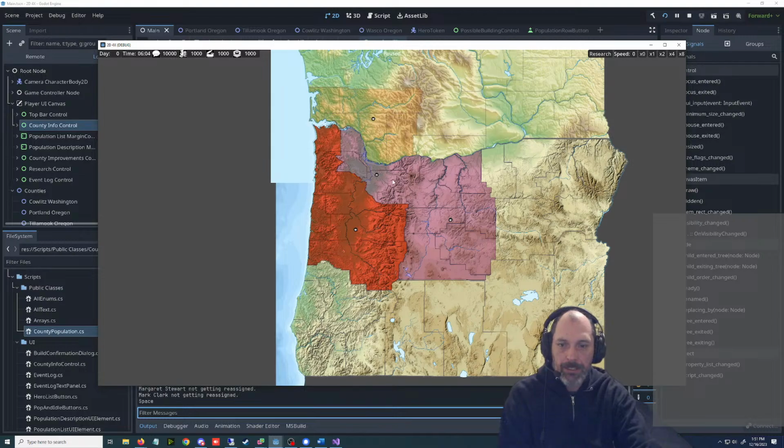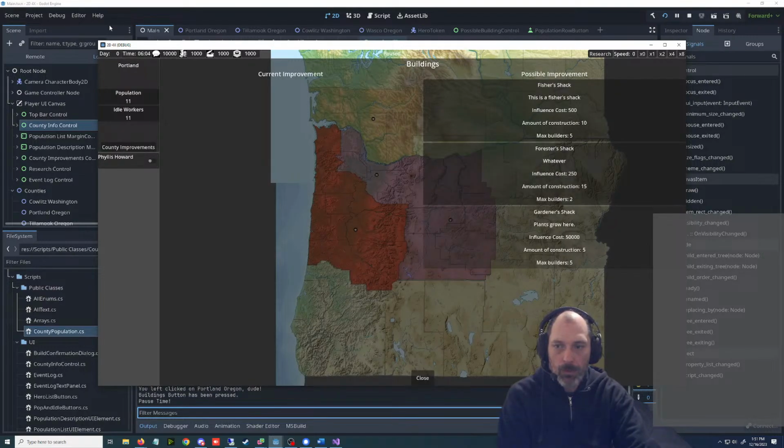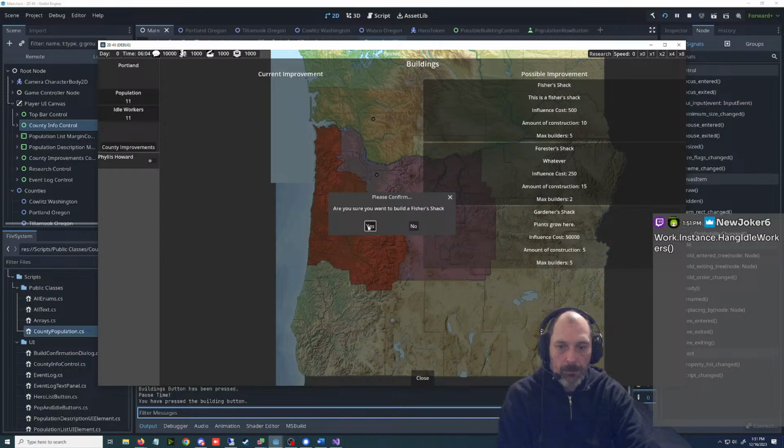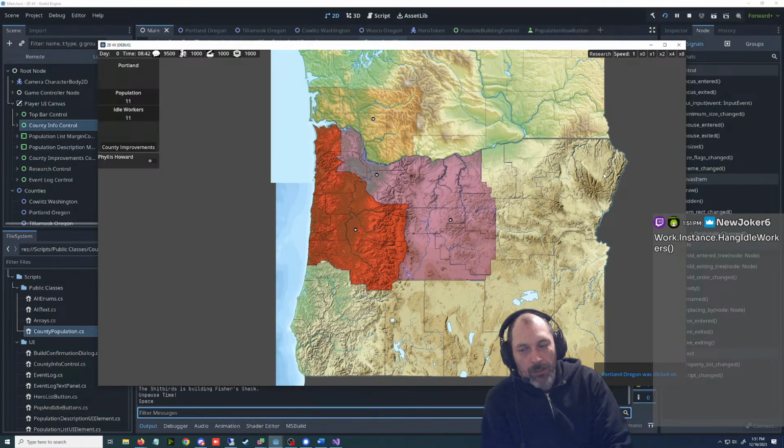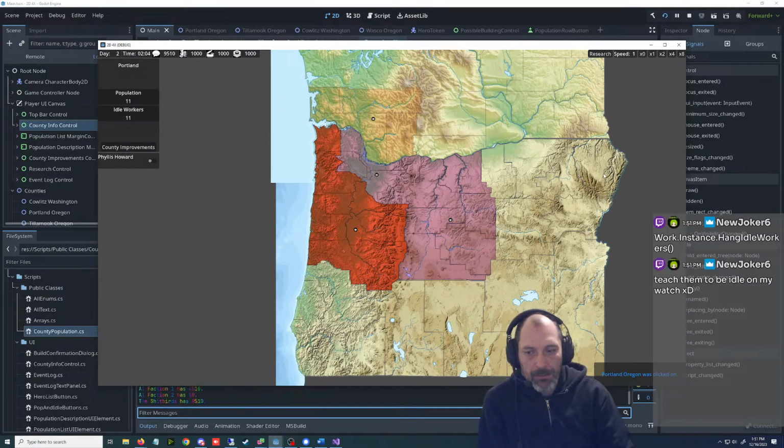All right, the whole point of this is so that when this is open, it will change. Hang the idle workers. So we got to have that. So that's got to be in the game, though. It's like RimWorld, you know, you get all these choices. You can just be a total piece of work. We're just leaving this open, and the idle workers should change.